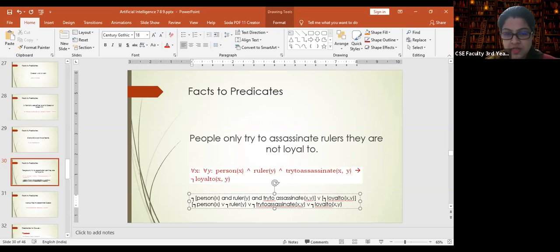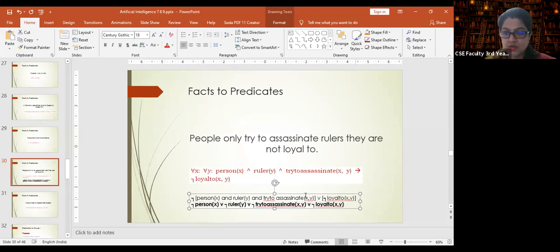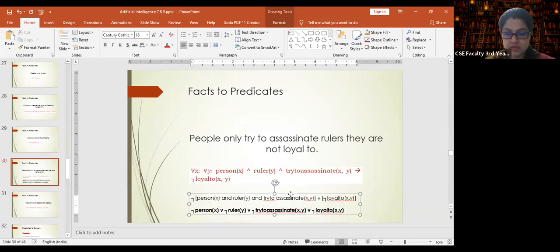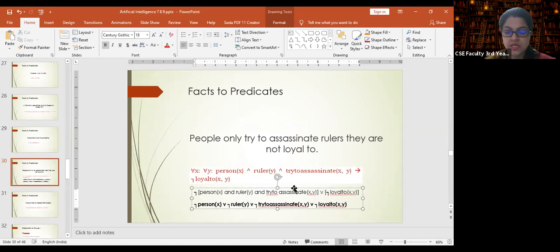Fine. So what we have done, we have to use one third bracket over there, because we have used this. So this is part A and this is part B. At last you can remove all the brackets and keep only this particular part. So this is how we can convert a given predicate into a clause. Have you understood?